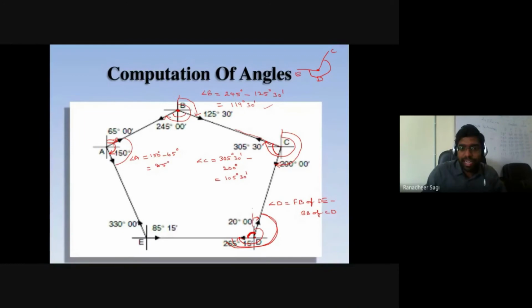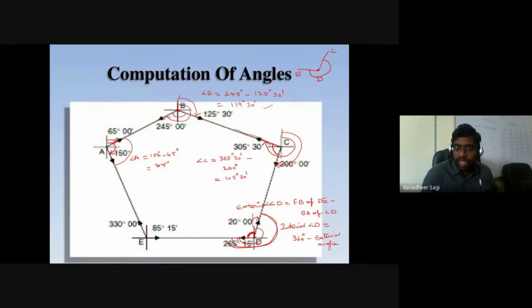I cannot directly simply write it as angle D, because angle D in general represents an interior angle. So whatever I am trying to calculate from my expression, it is giving me the exterior angle. Then what becomes my interior angle at D? Interior angle at D is equal to 360 degrees minus the exterior angle that I am going to get. Okay. So let me first calculate the exterior angle.